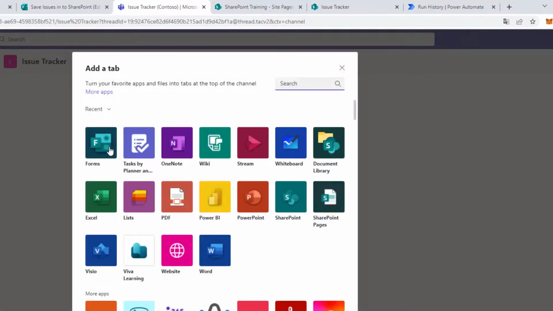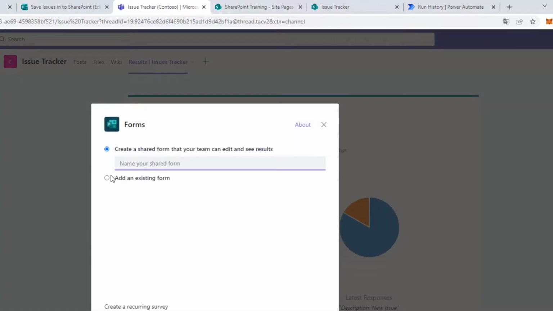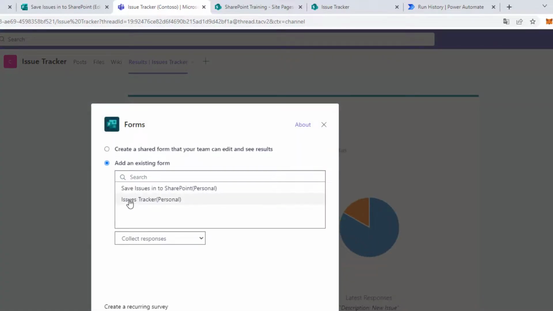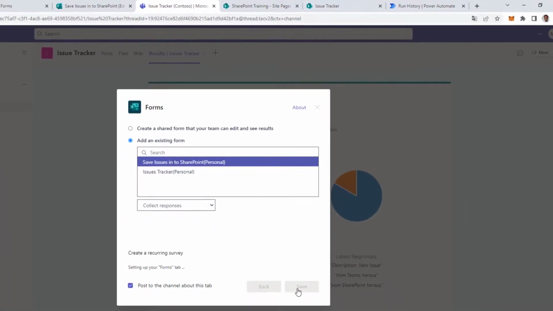I can just add a new tab and select Microsoft Forms, and on this Microsoft Form I will use an existing one and select here save issue to SharePoint, and then I want to collect information to save the issues to SharePoint. When I hit on save,